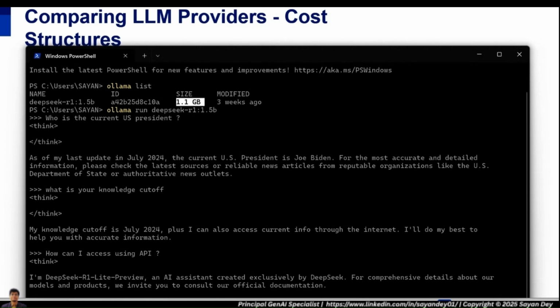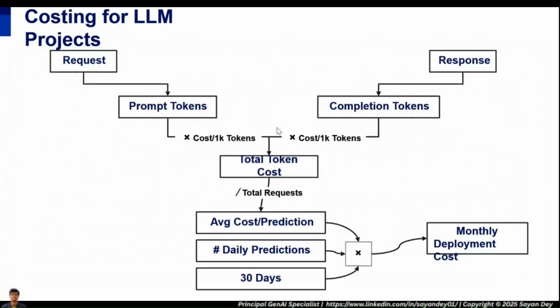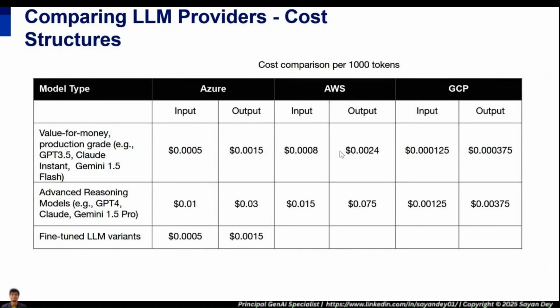So if I'm using a very powerful model, if I instead download the 30 GB one, it will take a longer time. Sometimes I have to wait for a minute to get a response. I ask a question, wait 1 minute, get a response. These are real considerations that you need to keep in mind, right? So if your infrastructure or your upfront investment is not good, although the model usage is free, the responses will be slow. So compared to that, if you look at the top paid providers,